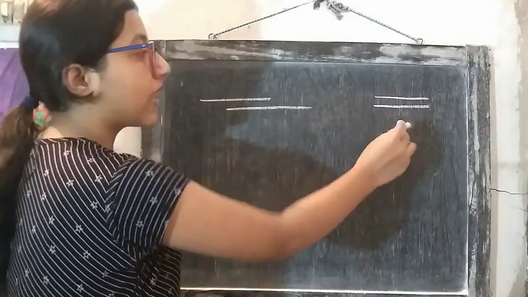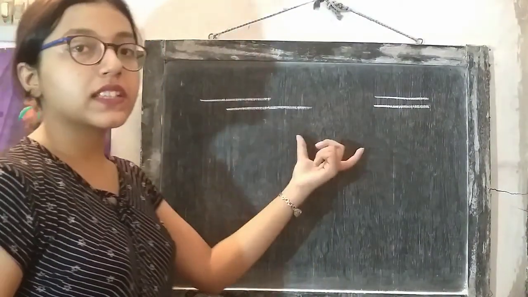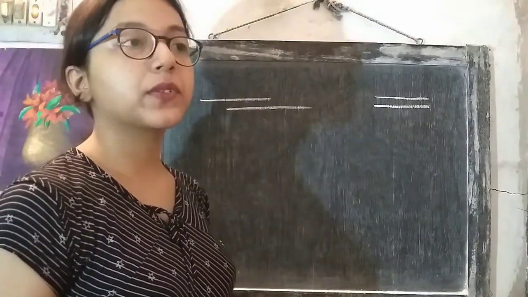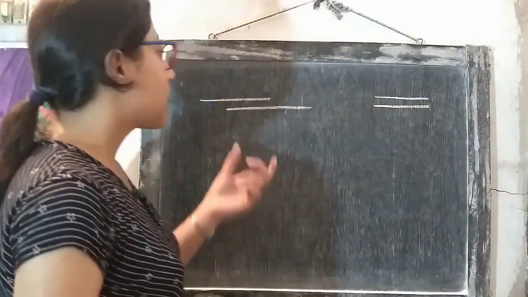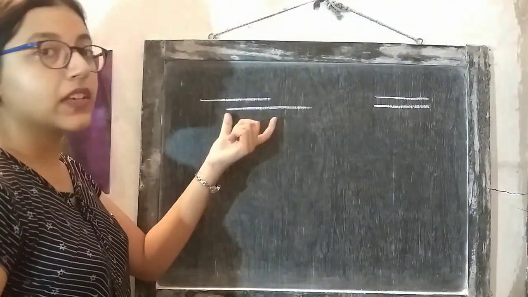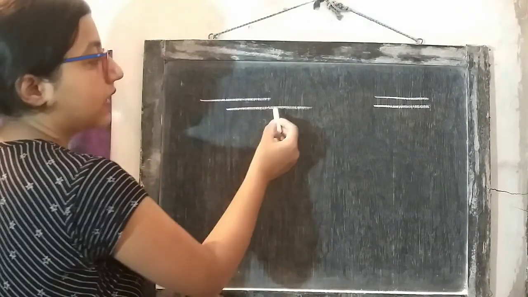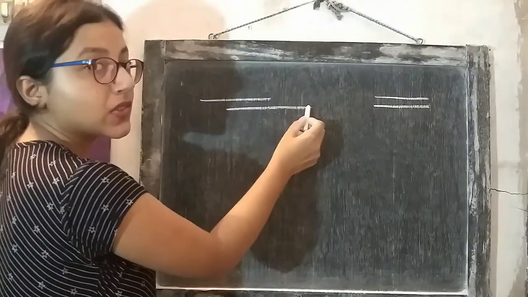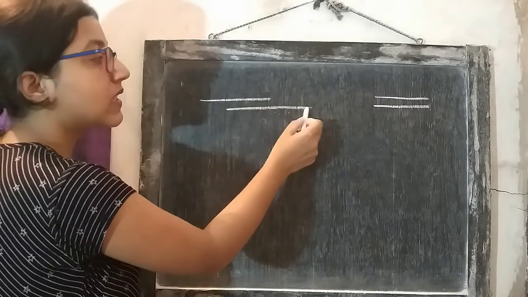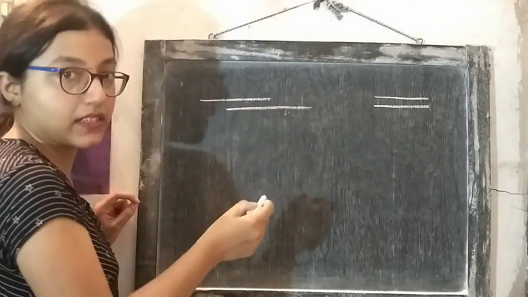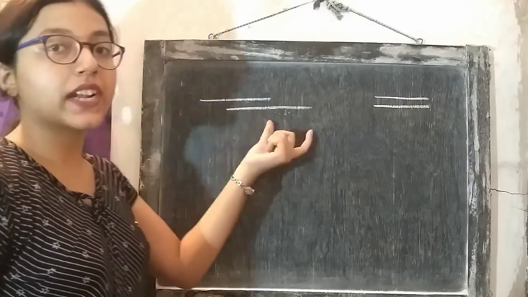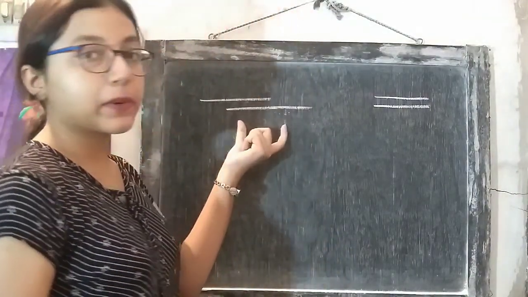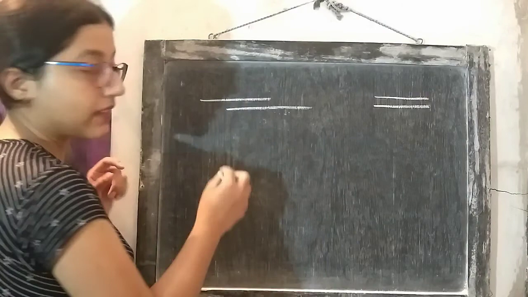Focus on these two diagrams. Both of these are DNA fragments which are produced after cutting by a restriction endonuclease. If we look into this fragment, it has single-stranded portions at both the ends. Both the ends of the DNA contain single-stranded ends. So this type of fragment is called a sticky-ended fragment.